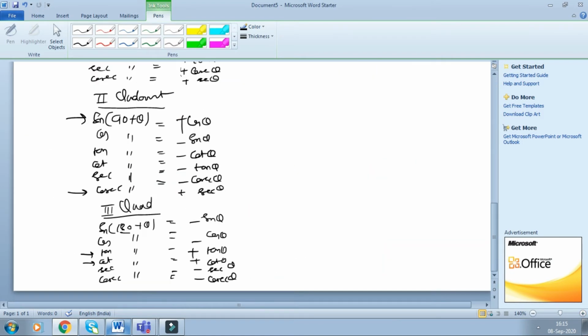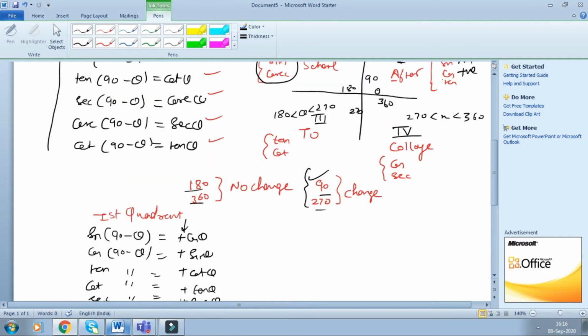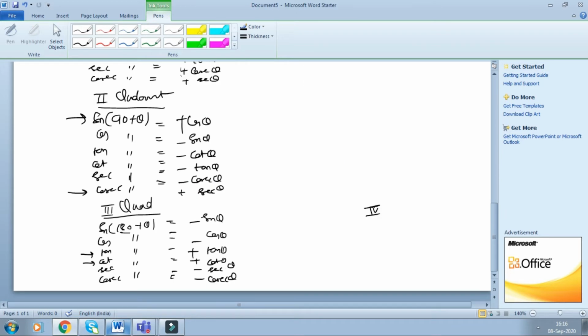Okay, right. See, if we are writing it for the fourth quadrant, I am writing it here since the space is less. So for the fourth quadrant, if I want to move into the fourth quadrant, what do I have to do? I have to make 270 plus theta. So if I write sine 270 plus theta, similarly cos, sec, cosec, cot, and tan.